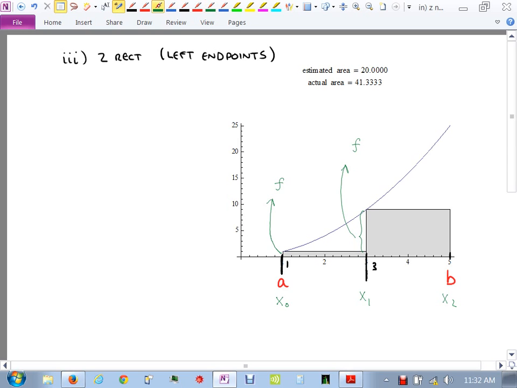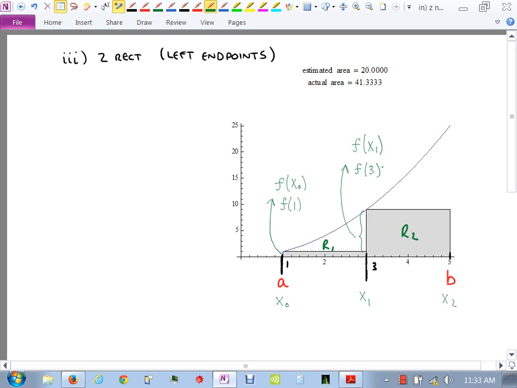Off that first rectangle, which I'll call rectangle 1, and rectangle 2. What's the F of what for rectangle 1? F of x0, which for us is F of 1. And then on the second rectangle, the height is what? x1, and then F of 3 in this. We never get to the end, right? Because we always pick the one to the left. You don't need to label the 2 and the 4, because we only have two rectangles. So only label the one that